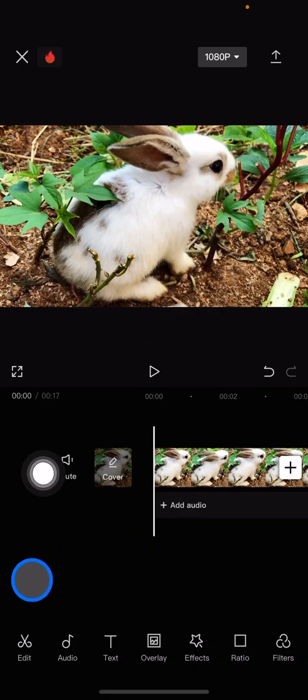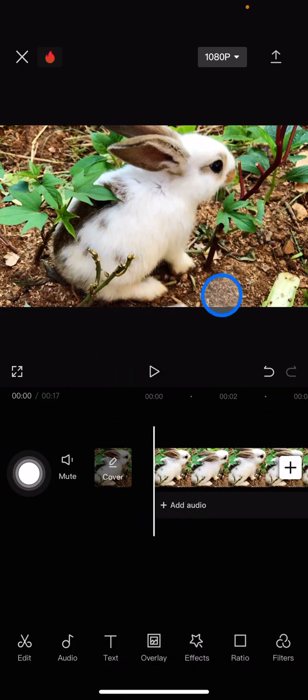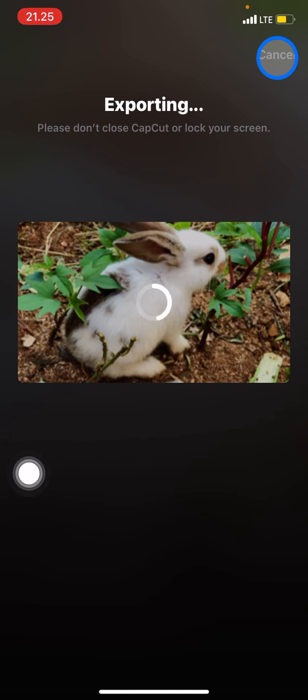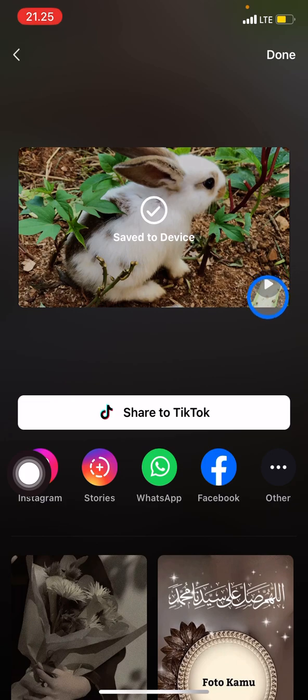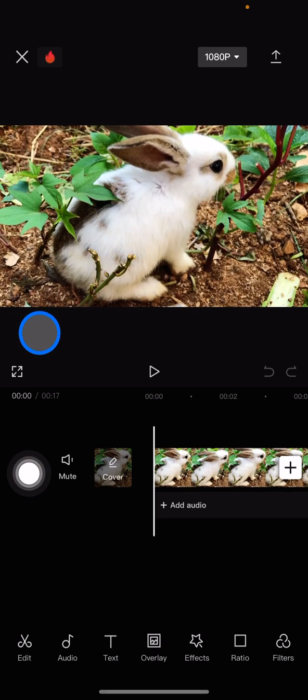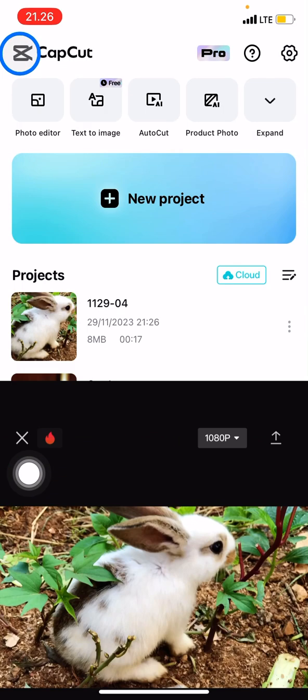Whenever you are done editing this video, you can save it by clicking this part to export it and wait until the process is finished. Then this video will be saved into your media on your device. After that, you just need to click done, and this project will be saved on your CapCut. If you need to do another edit, you just need to click it to open it and continue editing. So that's how to